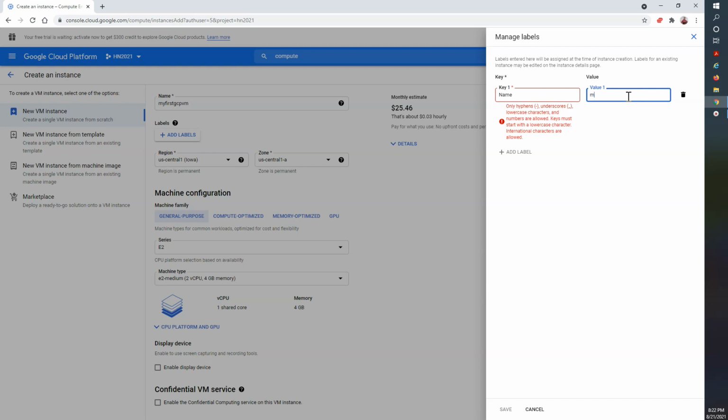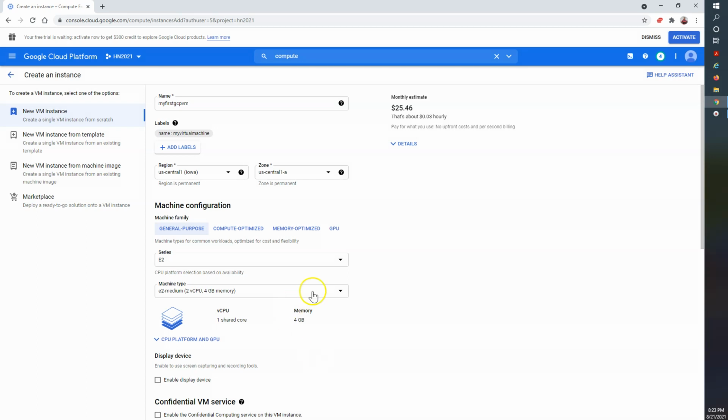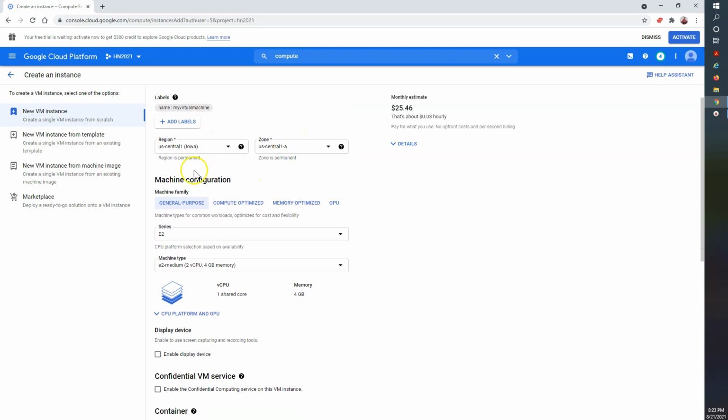So here we'll give my virtual machine. So this is basically identical. The name also we should make lowercase. Okay. So here we have given the name, and the label as my virtual machine. The name is my first GCP VM. Okay. So let's move to the next configuration.